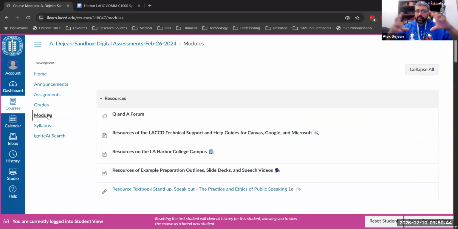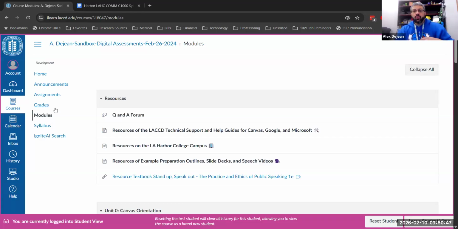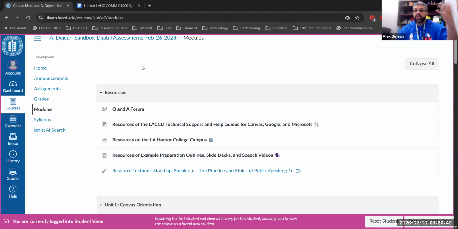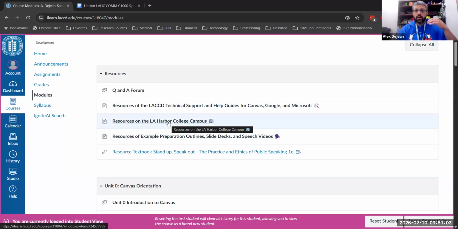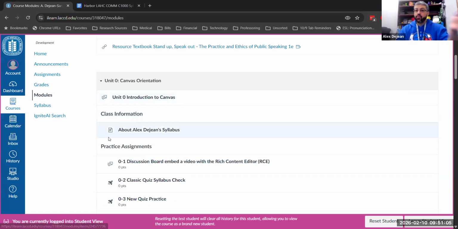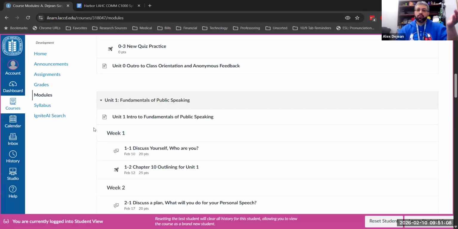The modules are pretty much how I chunk everything together. So now that I click on the modules, the top item are resources. So you can access the open forum for the discussion board, or you can look at examples of some of the work you'll be producing in the class, some of the resources at LA Harbor College, technical support, things like that, as well as the orientation page. If you scroll down a little bit,